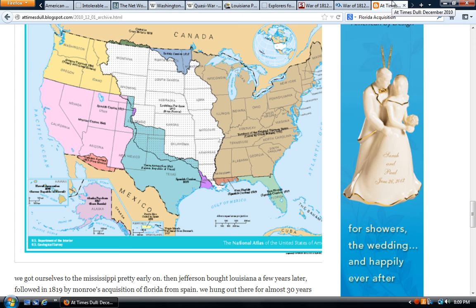Then we finish off with the Florida Acquisition, which was kind of interesting because the U.S. said that Florida was part of the Louisiana Purchase, and so it should belong to the U.S. But the Spanish weren't very happy about this. So eventually some military action was taken by the U.S. with